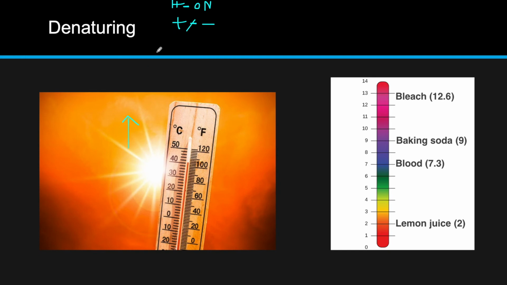When you break those positive and negative charges, that protein is going to start to unfold. So you go from the quaternary structure, and then it'll start unfolding. You'll go to the tertiary structure, it'll continue to unfold, and then you'll eventually get to that secondary structure. And if it gets to a certain point, those hydrogen bonds will finally break, and you get reduced